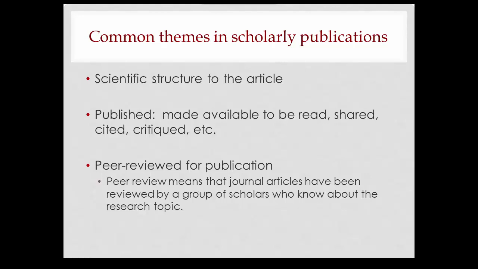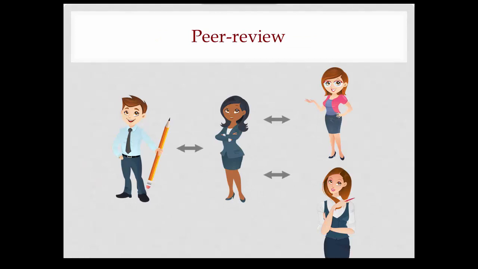Last but not least, a scholarly article is typically put through a peer review process, where the article is vetted for publication by experts in the field. These experts play a critical role in deciding what gets published as a scholarly article and what doesn't. The process begins when an author, I'll use myself as an example, writes an article and submits it to a peer-reviewed journal. The editor of that journal then removes my name to ensure anonymity and releases it to typically 2 or 3 blind peer reviewers.